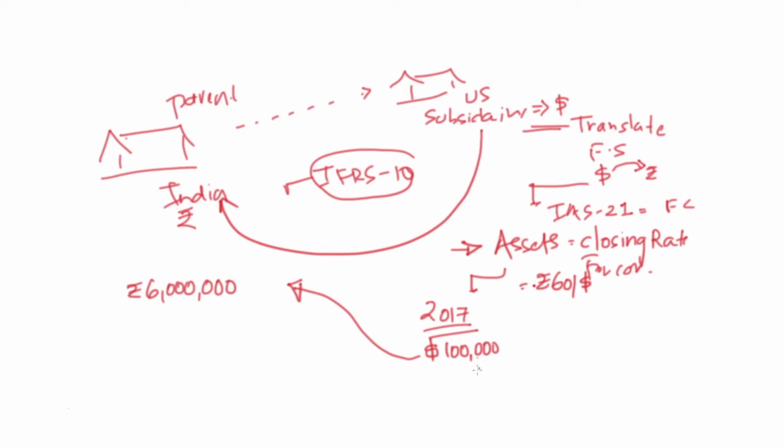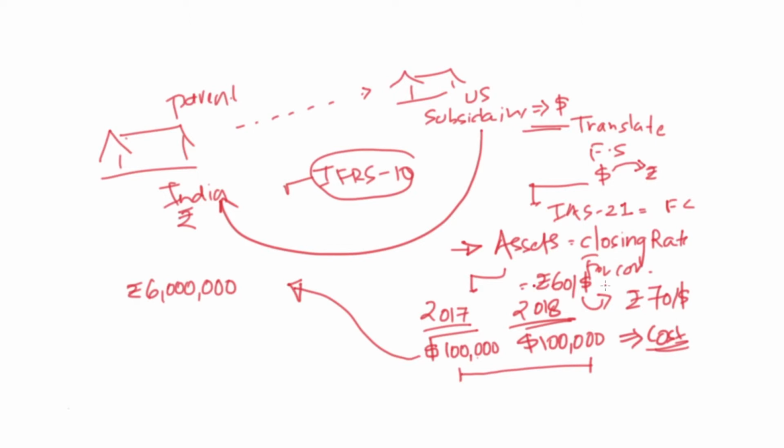Now, during the year, the entity did not purchase any asset. It may happen that the foreign subsidiary did not purchase any asset. In 2018, the balance still remained $100,000. I'm talking about the cost of the asset, not the net book value. However, the exchange rate moved from 60 to 70 rupees per dollar. In such a case, the conversion would be at 70 per dollar, and the book value of the cost of the asset will become